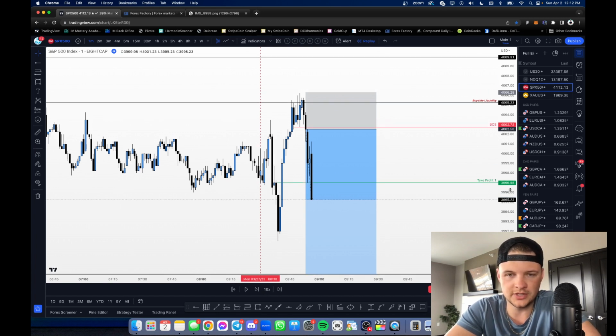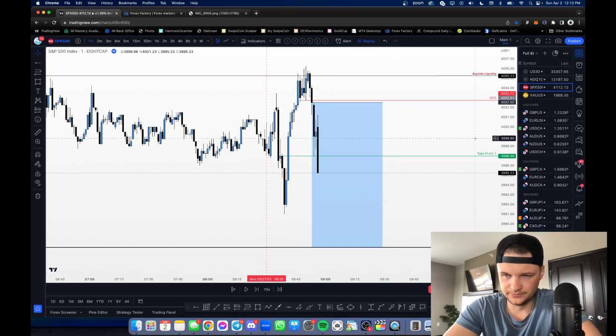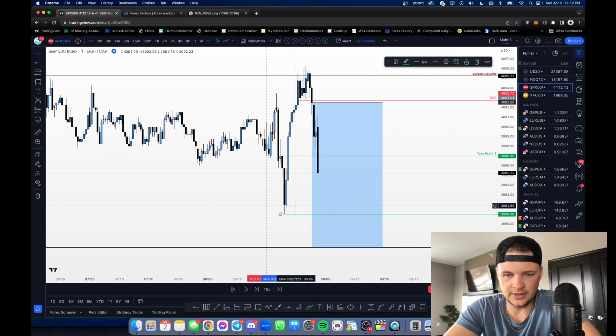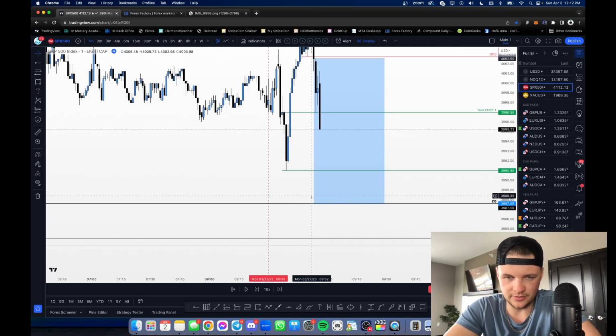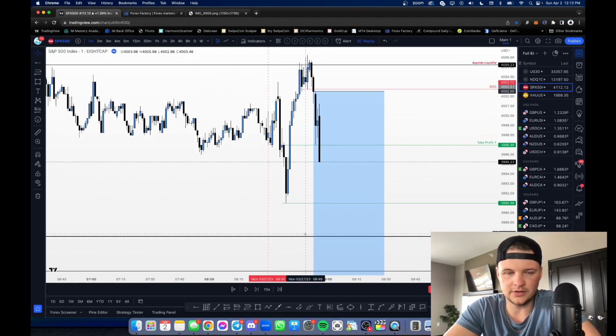What I usually do most of the time is I'm taking off around 50% of my position, and then I'm moving stop loss to break even. So once take profit is hit, you can just remove your risk, put your stop loss right at your entry, and then ride it out. And then for further TP levels, this could have been TP2 right here. This equilibrium could be TP3. And then if you had extended TPs, they could be these levels of sell side liquidity, right?